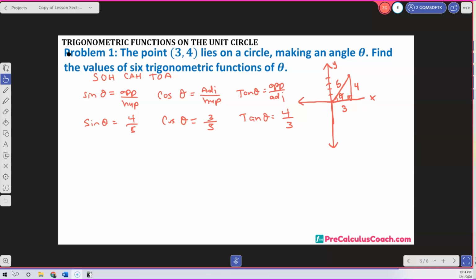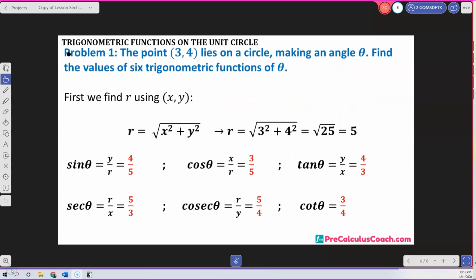We're going to start with cosecant theta, which is going to be the reciprocal of 4 over 5, which is 5 over 4. Cosine theta, the reciprocal is secant theta. So it's not 3 over 5, it's going to be 5 over 3. And then the reciprocal function for tangent is cotangent theta, which is 3 over 4. So I found all 6